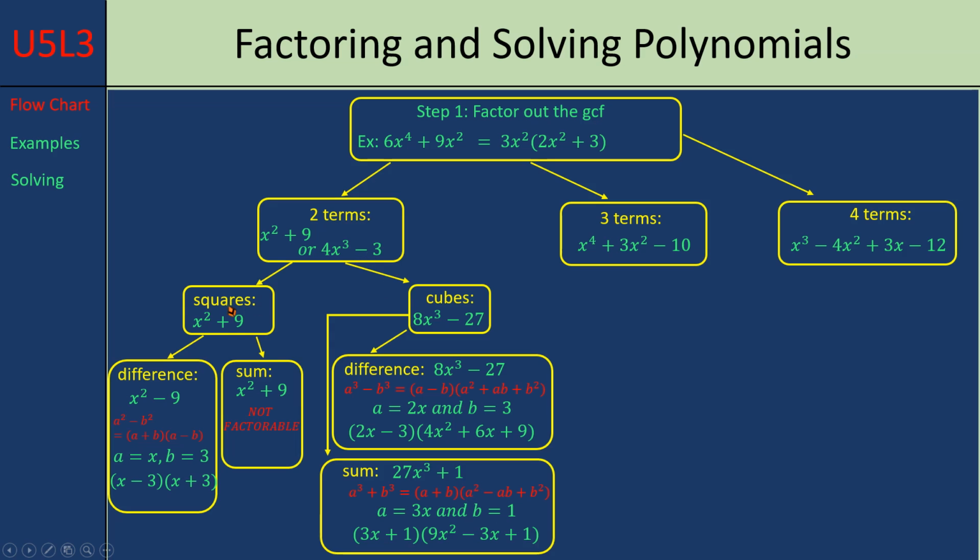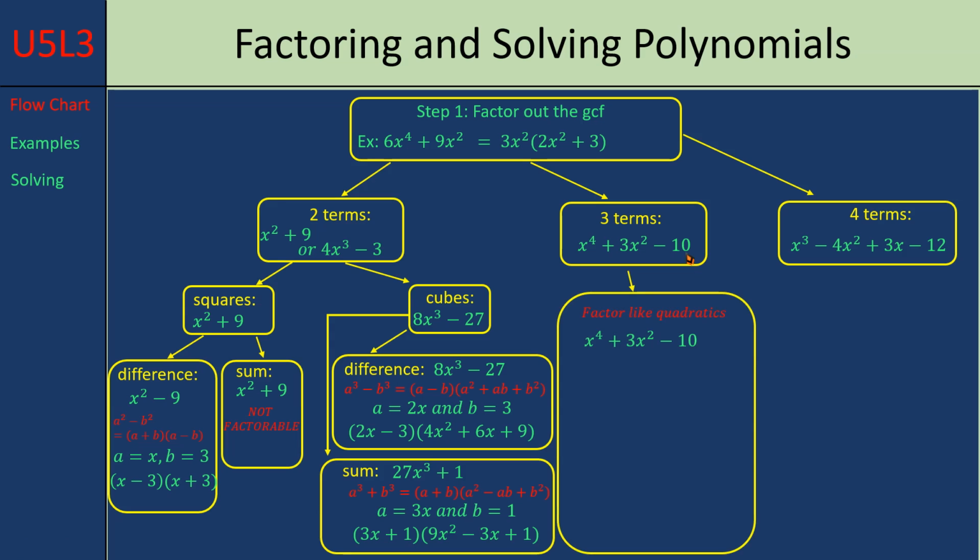Okay, so now we're done with the two terms, right? All the two terms are done. Now we do three terms. So with 3 terms, you do it like this. You factor them like a quadratic. So here it is. It looks just like a quadratic, and it works just like a quadratic, right? So what you do, you want to split the middle term, right? Remember that? Right? 1 times negative 10 is negative 10, and split that into two numbers that add to be